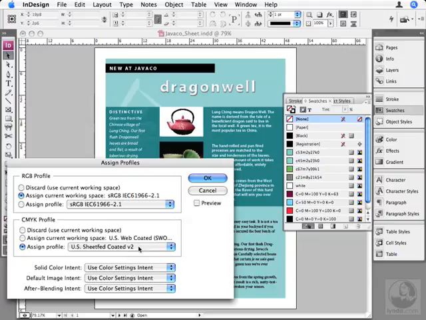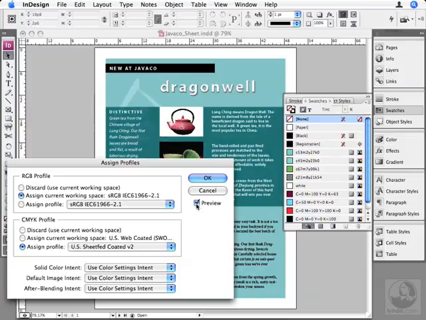And we can see the difference by turning on the preview checkbox. I love those preview checkboxes. Turn that on, and you can see all the colors change. So that's before and then after. And you can turn that on and off to see what it's going to look like. Now, this is not really proofing your file. We'll be talking about proofing later on in this chapter, but it does give you an idea of the colors are actually changing. The meanings of the colors actually change.